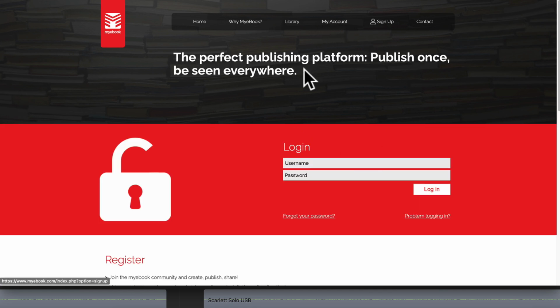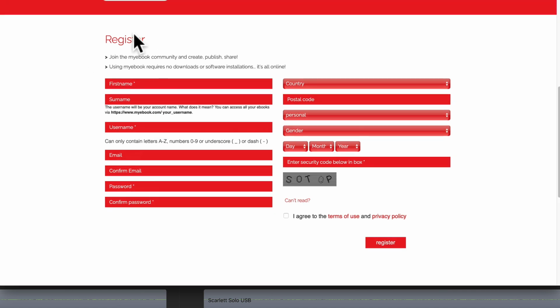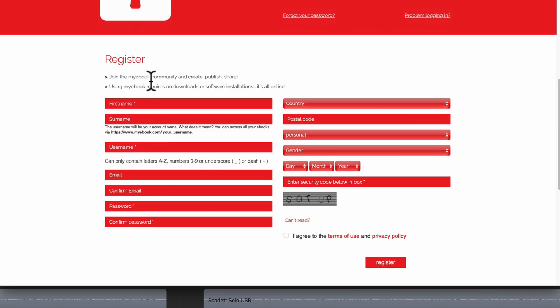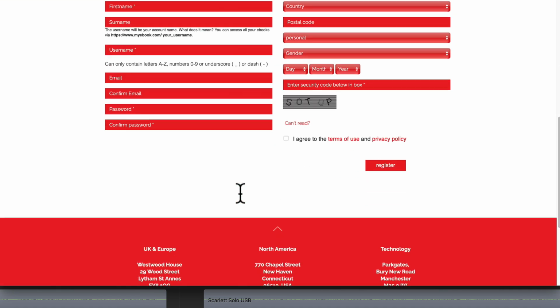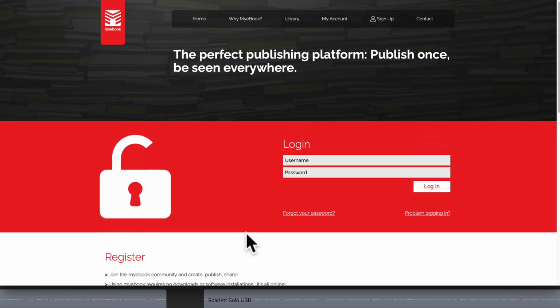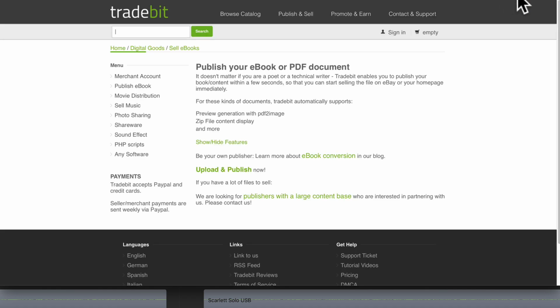So you can go ahead, sign up for an account on there. If the sign up button, oh, there we go. Sorry. So it's down here. So you have to scroll down the page to register. And that's quite a hefty registration form, but it could be worth your time. It's up to you. Anyway, so let's move on to the next one, because that is myebook.com. Really nice domain name. Okay, let's go to the next.